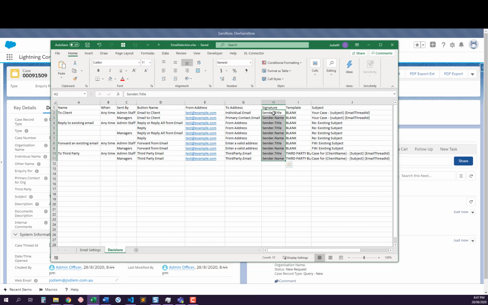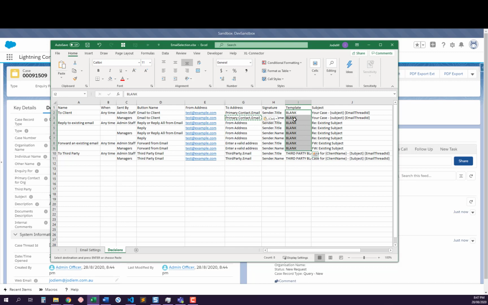So there's just the different scenarios with the name, what comes in the signature. And in all cases, I only ever want to send it to the primary contact email for the client. And when I send it to a third party, there's a specific third party that I want to be able to send it to. Okay, so in all cases, the from address is the company email address, and in all cases